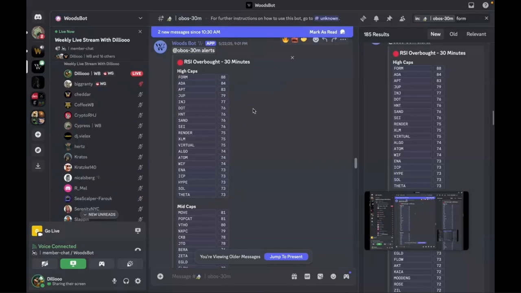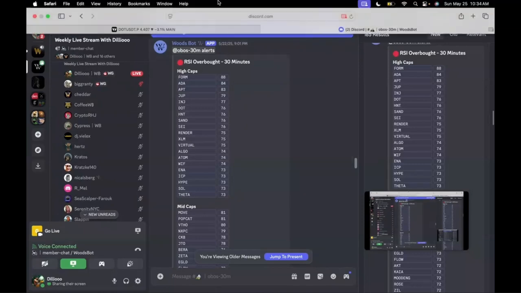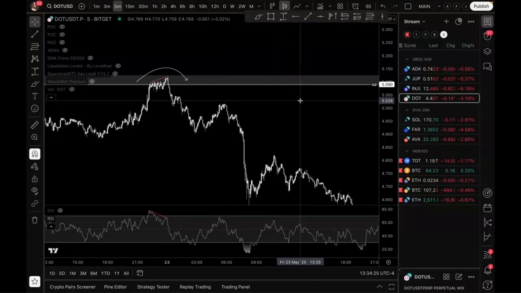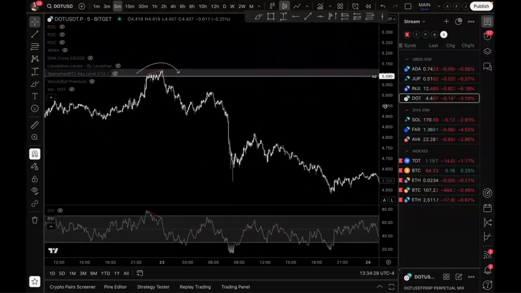So what I recommend if you're a day trader, if you're scalping, is to use the 15 and 30 minute RSI and OBOS. And if you can find coins that are showing at the exact same time in OBOS and the divergence, then that's perfect. You have such a high likelihood of getting a reversal when the coin is making a divergence in overbought or oversold versus just having a divergence above or below the extreme levels. I suggest just using that, right? Because trades like this,